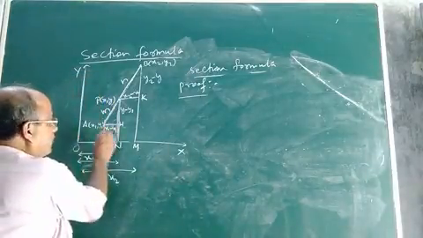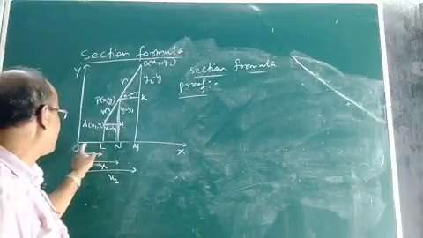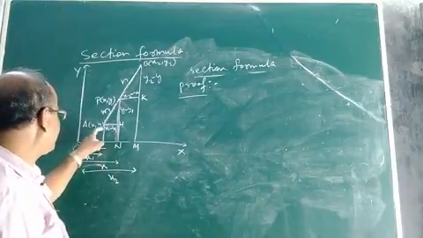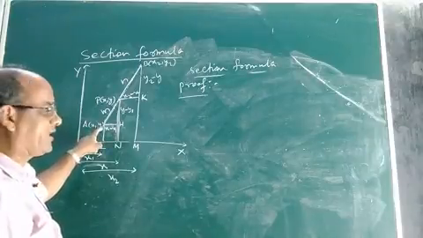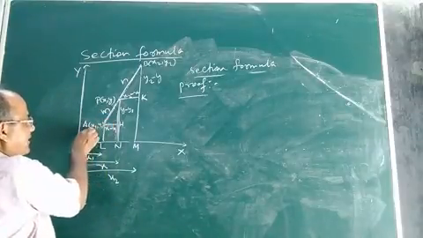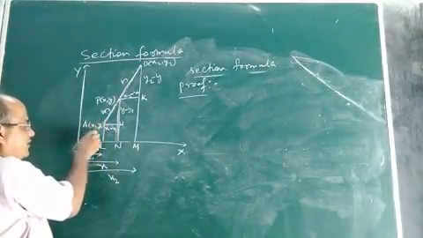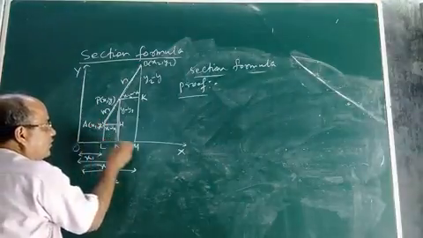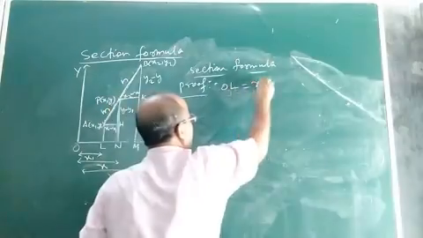Now find the length of OL. If you look at the figure, what will be the length of OL? OL means it will be the x coordinate of this point A. What is the x coordinate of the point A? The x coordinate of the point is x1. So OL in this figure will be x1.